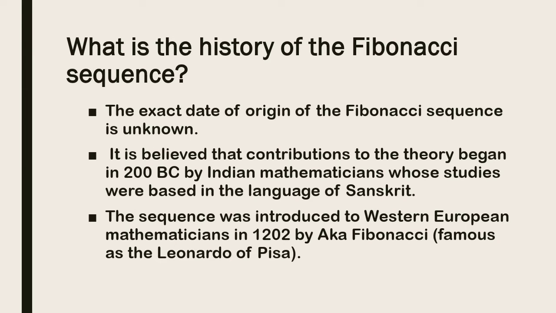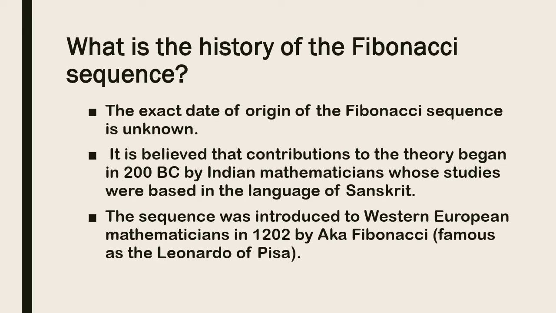What is the history of Fibonacci sequence? The exact date of origin of Fibonacci sequence is unknown. It is believed that contributions to the theory began in 200 BC by Indian mathematicians whose studies were based in the language of Sanskrit. The sequence was introduced to Western European mathematicians in 1202 by Fibonacci, famous as the Leonardo